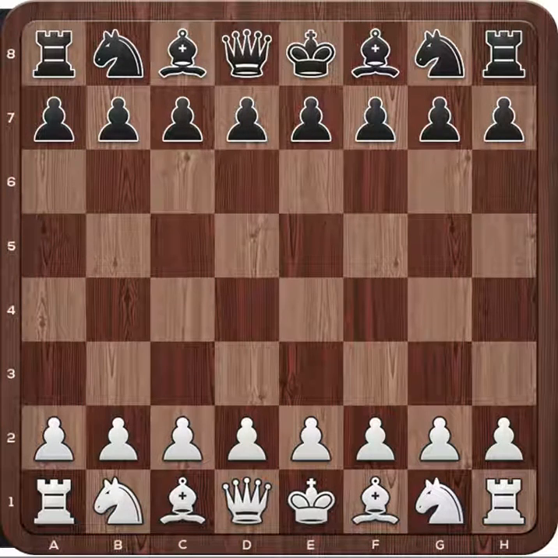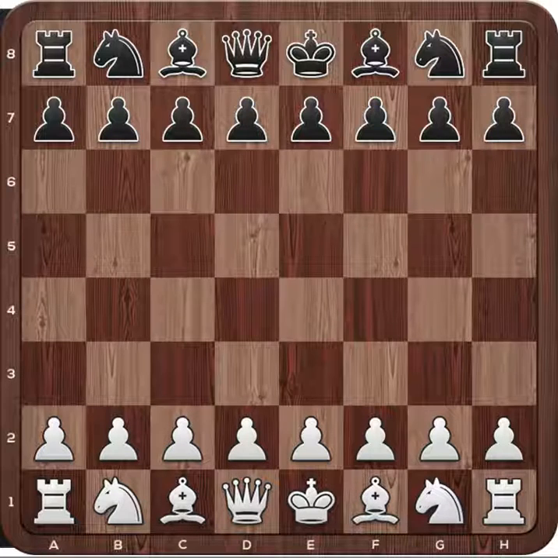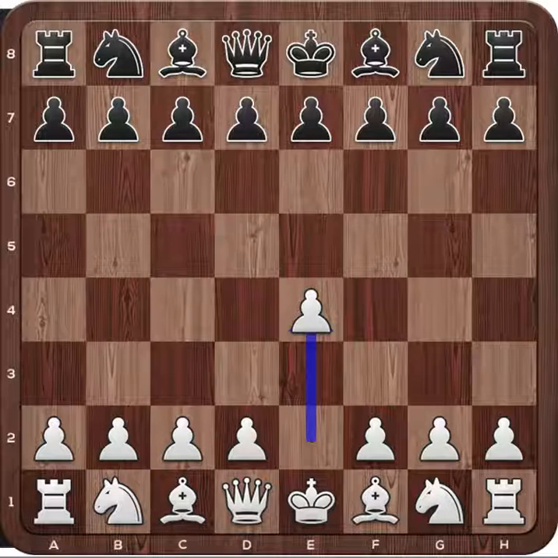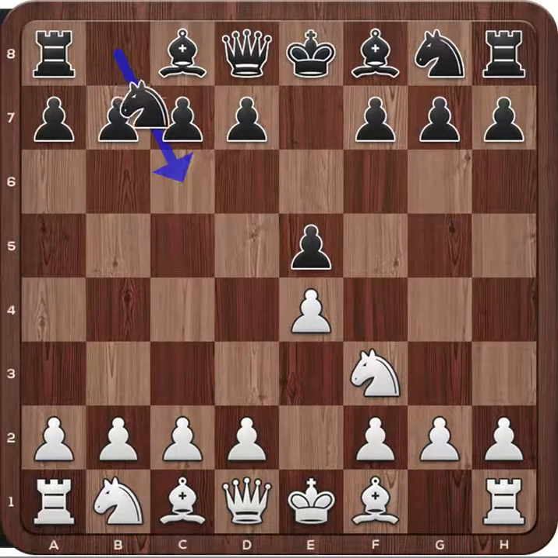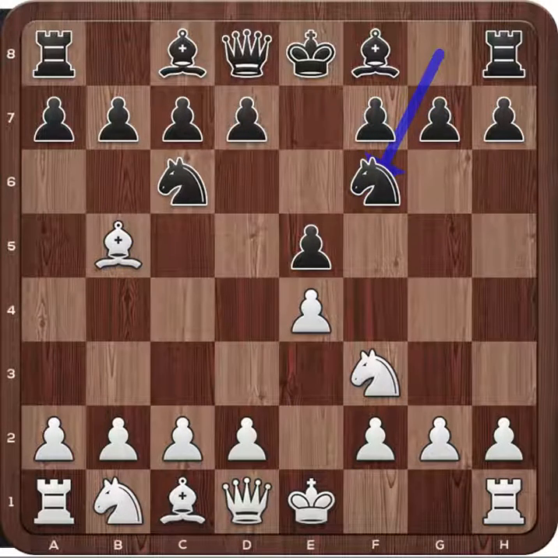Hi chess fans, in this video we will look at the game played between Michael Adams with white and Veselin Topalov with black in the 2016 London Chess Classics of round 5 today. Michael Adams played e4, e5, knight f3, knight c6, bishop b5, the Spanish game, Ruy Lopez, and now knight f6,